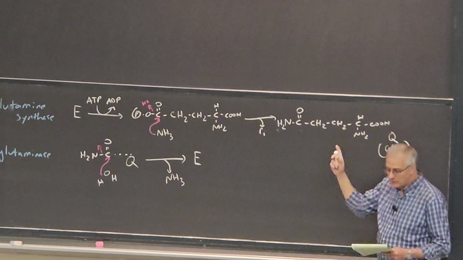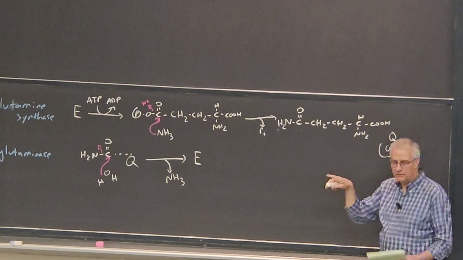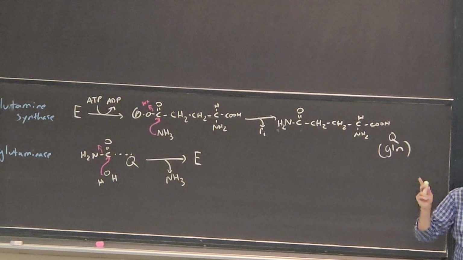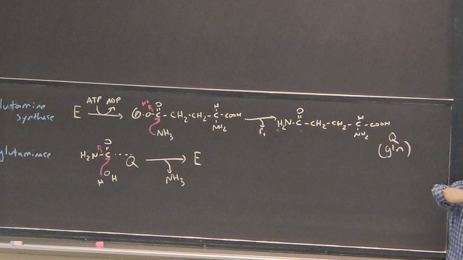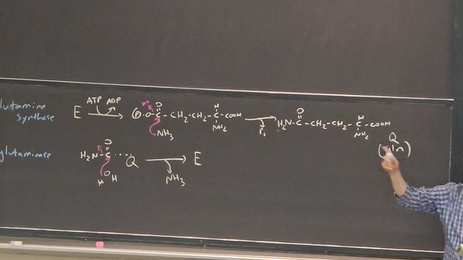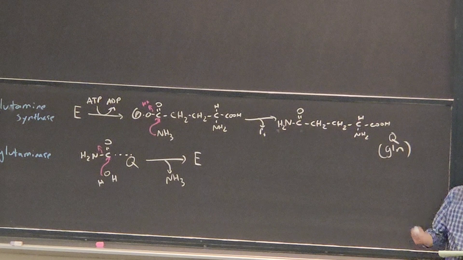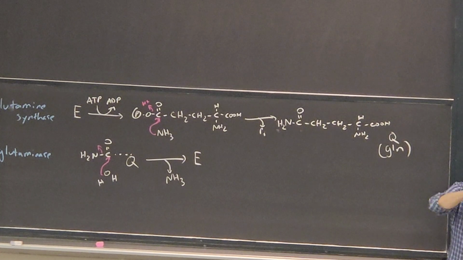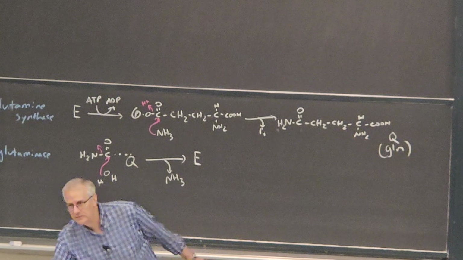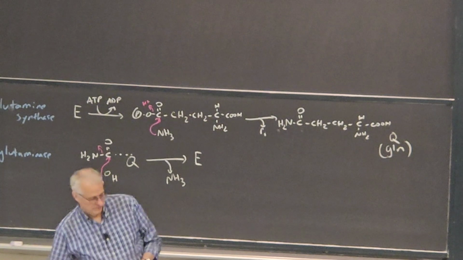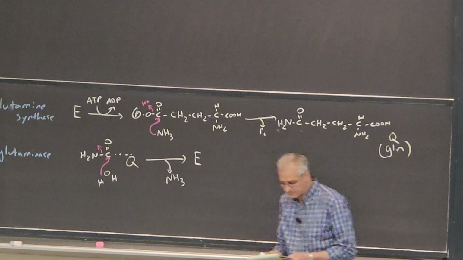So glutamine and glutamate end up being really important amino acids, particularly glutamate, in terms of how you're taking nitrogen into the system and out of the system. And at least for humans, glutamine is a way to carry nitrogen to get it to the tissues that make urea so that you can generate urine and get rid of nitrogen in your body. Okay?